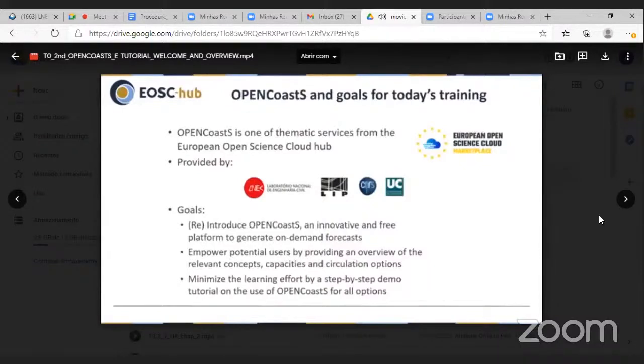So what are the goals for today's training? We are going to reintroduce or introduce OpenCoast, whether you have attended the first course or not, which is an innovative and free platform to generate on-demand forecasts. We would like, with this course, to empower you, the potential user, by providing an overview of the relevant concepts, the capacities of this service, and what the circulation options are. Finally, we would like to minimize your learning curve by providing step-by-step demos on each of your